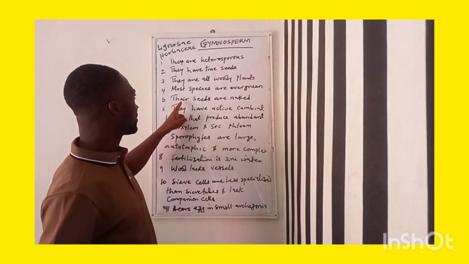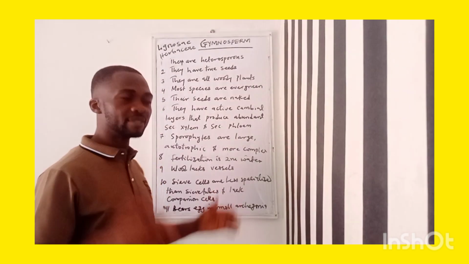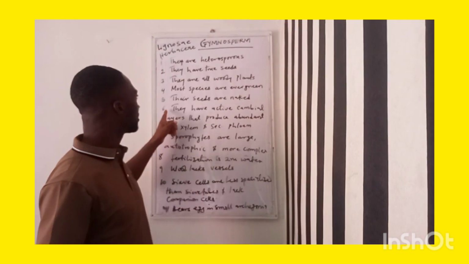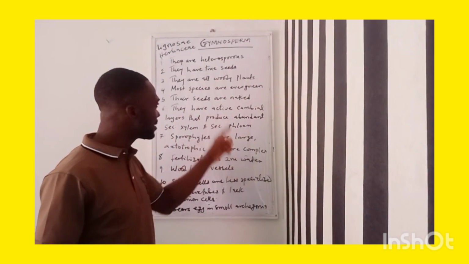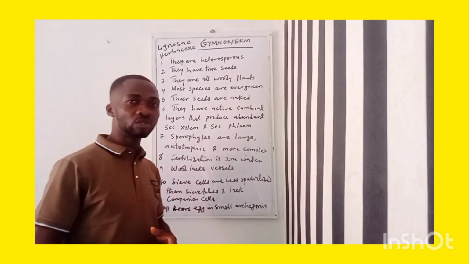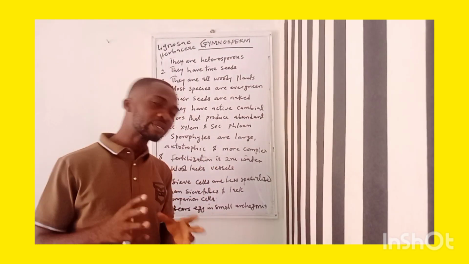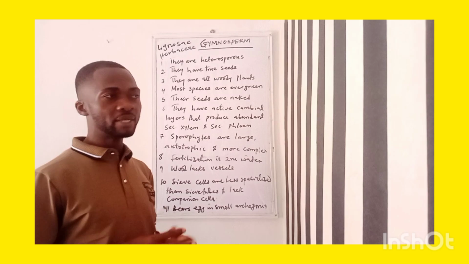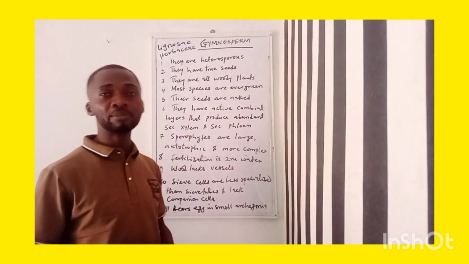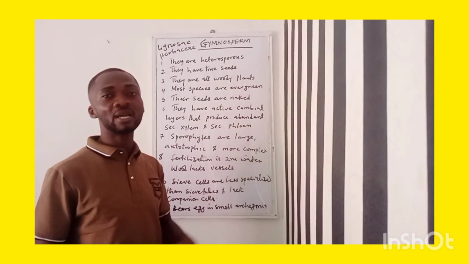The fifth characteristic is that their seeds are naked, which is what I've just said now. They have naked seeds. They are commonly called naked seeded plants. That is the gymnosperms. Then the sixth characteristic is that they have active cambial layers that produce abundant secondary xylem and secondary phloem. So this group of plants are equipped with vascular tissue, and within this vascular tissue they have the xylem and the phloem and active cambial layers that help to produce abundant secondary xylem and